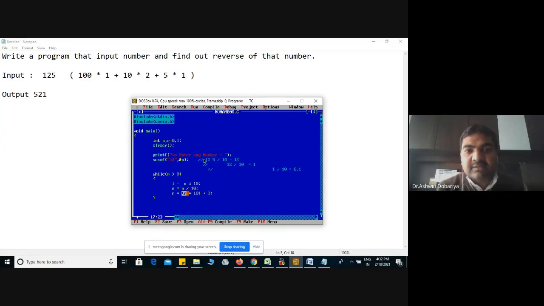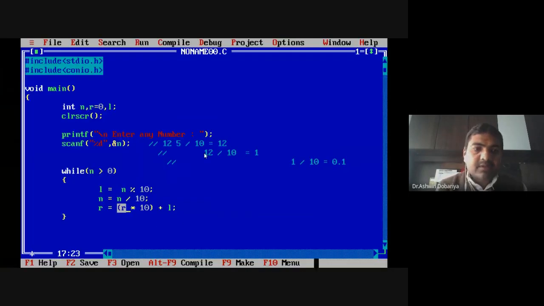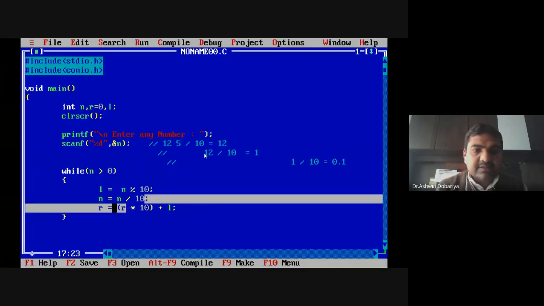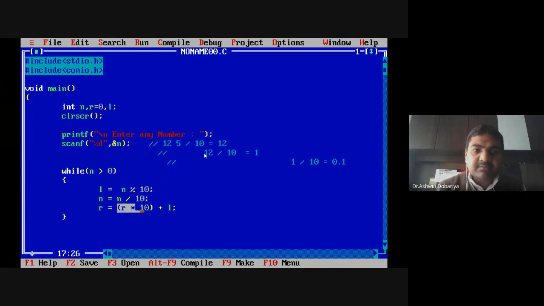The last number is 5, so 5 will remain as it is. I hope it's clear. That's why r, the reverse number, first time becomes 0, so 0 multiplied by 10 plus whatever last digit is there, that we add.